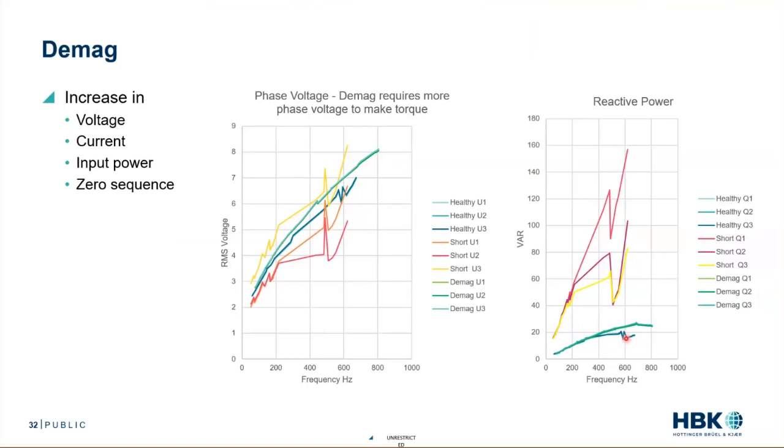But I've got my Demag in green and my healthy in blue. And we can see that the reactive power looks pretty similar until I get to a certain speed. And then we can see that deviation. Again, we can find multiple sources for these faults and start to identify what their cause was and where they're